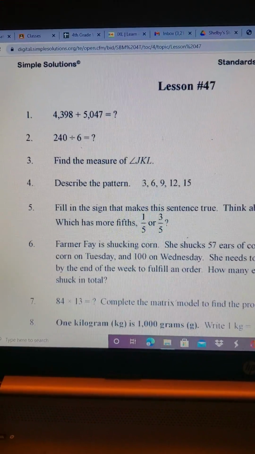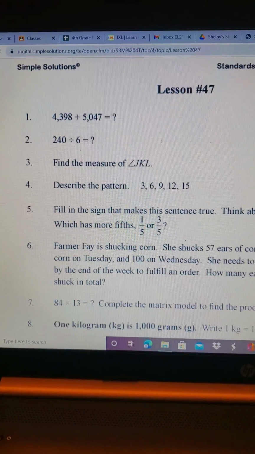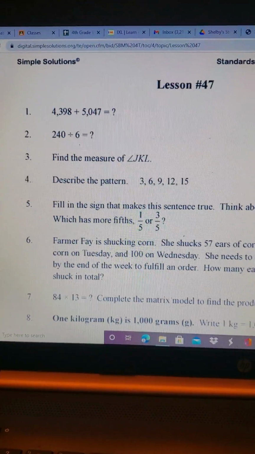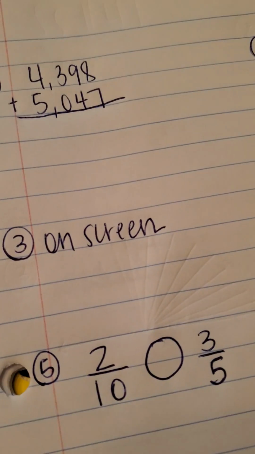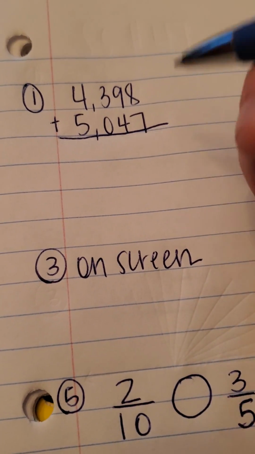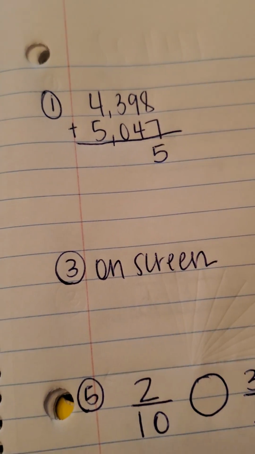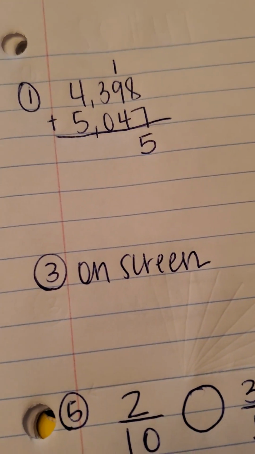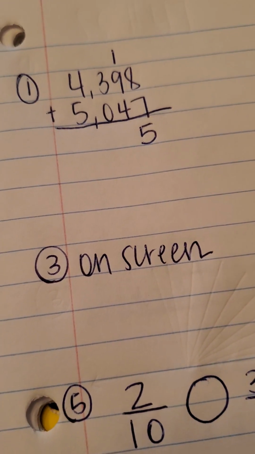Number 1 is 4,398 plus 5,047. Okay, I'm going to do this one down on paper. We have 8 plus 7 is what? 15, that is correct. 5 at the bottom, carry my 1. 9 plus 4 is